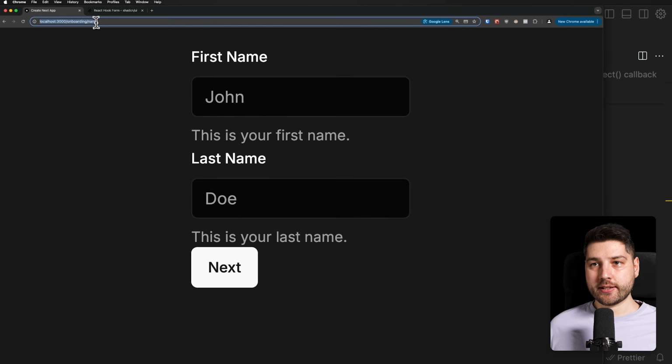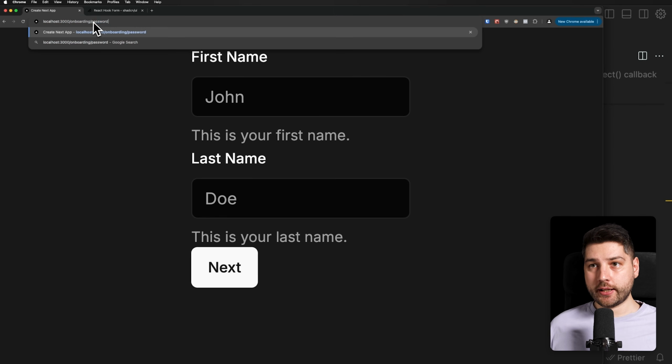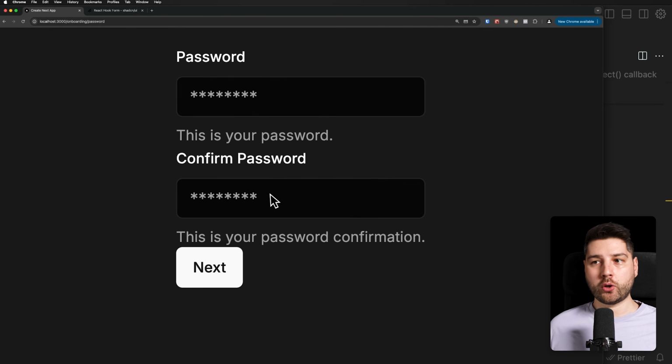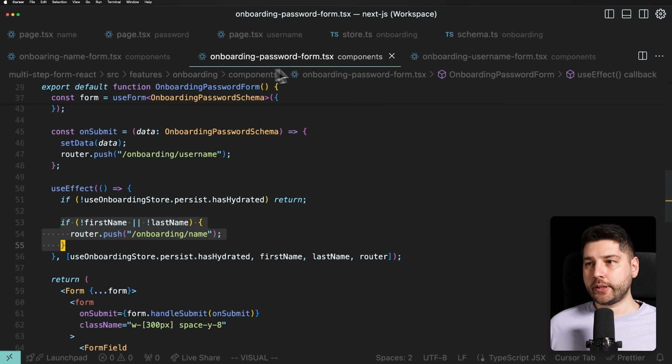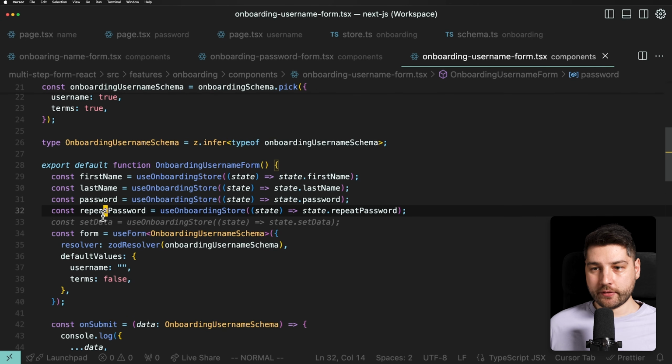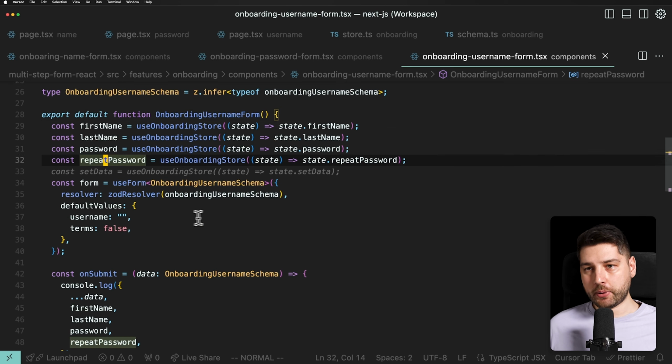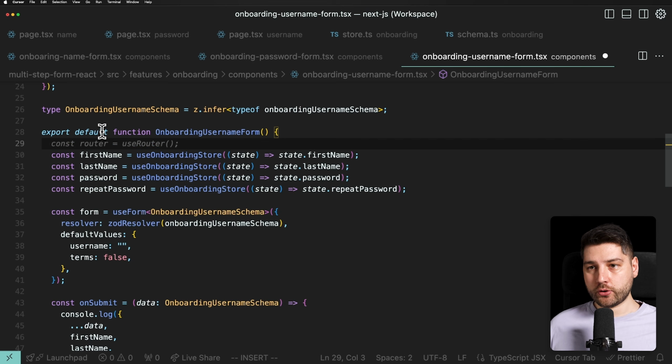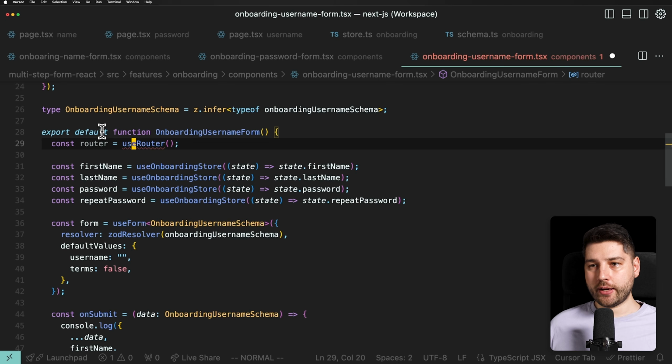So now if we test this, we can come back here to password, and we're going to see that we are no longer redirected, because now our data is waiting until it is being hydrated. Cool, that works. So let's do the exact same thing now on the username. So here we have all of the data here, right? So we need to check for all of these fields here. And if they are not here, then we need to redirect. We're also going to need the router. So we're going to do the router here. We're going to import the router